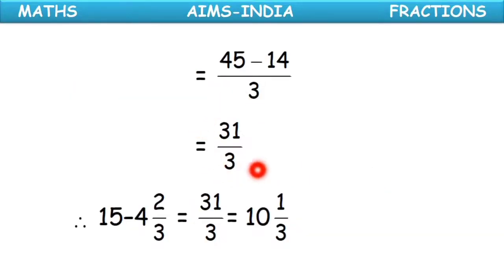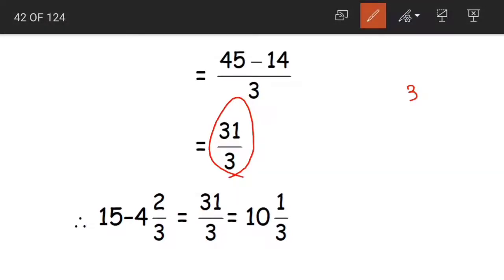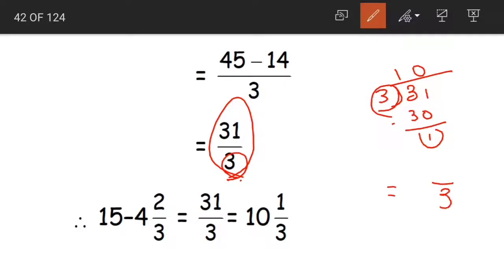Sorry, subtract 4 2 by 3. Now again, as the question was given in mixed fraction, let us convert this 31 by 3 into a mixed number. We have 3 tens are 30. When we subtract, 1 will be our remainder. How to write it, children? As I have said in the previous class as well, 3 is the denominator, so keep 3 as the denominator here also. The quotient becomes the whole number and the remainder becomes the numerator. So 31 by 3 is equal to 10 1 by 3.